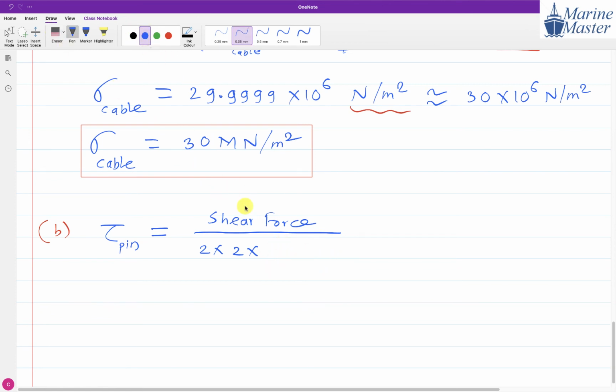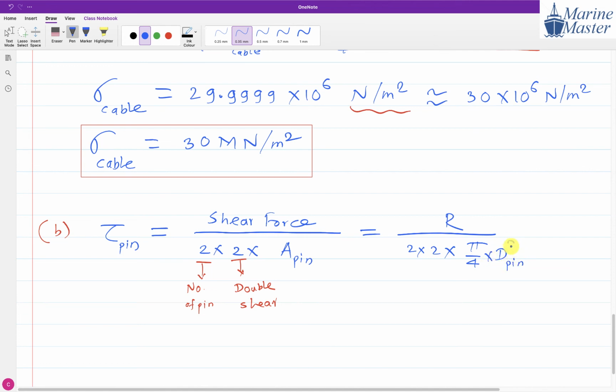So here, area of pin. The shear force R will act on how many areas? 4 areas. These 2 are for the number of pins. These 2 are for double shear. You are getting my point? So R will act as a shear force. So R divided by 2 times 2 into pi by 4